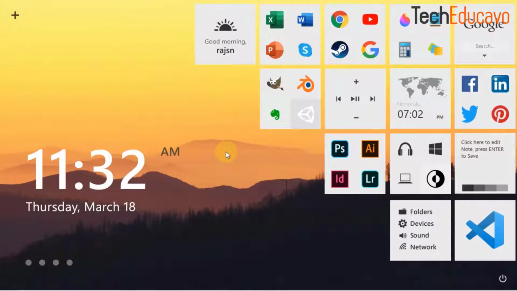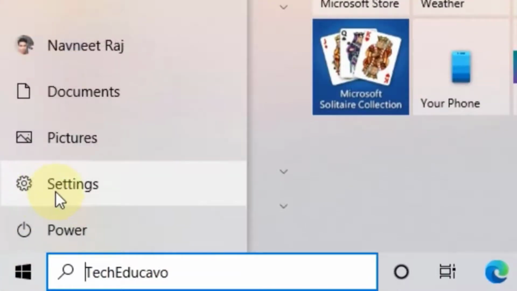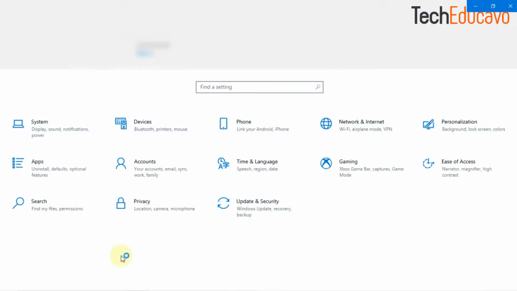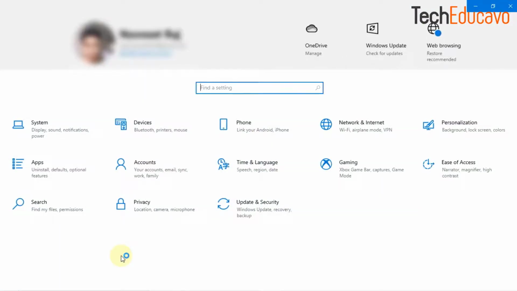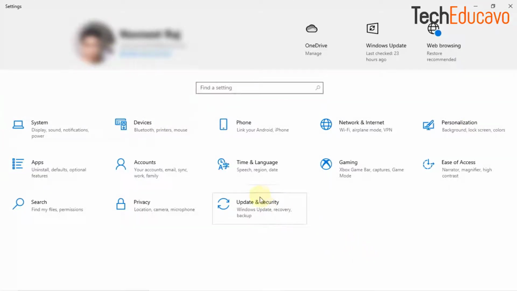Windows 10 settings are actually spread across a couple of different menus, but the main settings can be accessed by clicking the Start menu button, where you should see them pinned in the folder list. If not, you can search for settings using the Windows 10 search bar. You can pin the settings icon to the taskbar or Start menu for easier access.